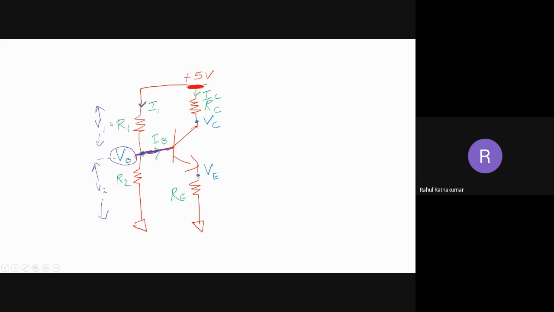Okay, so we have VB which is input to the transistor. So what happens is this VB is dropped across the base emitter junction of the transistor. So we know this is the base emitter junction of the transistor. This is base, this is emitter. So for this VB we can write the Kirchhoff law. VB voltage is dropped across VBE, the voltage across base emitter, plus VE, that is the voltage across the emitter